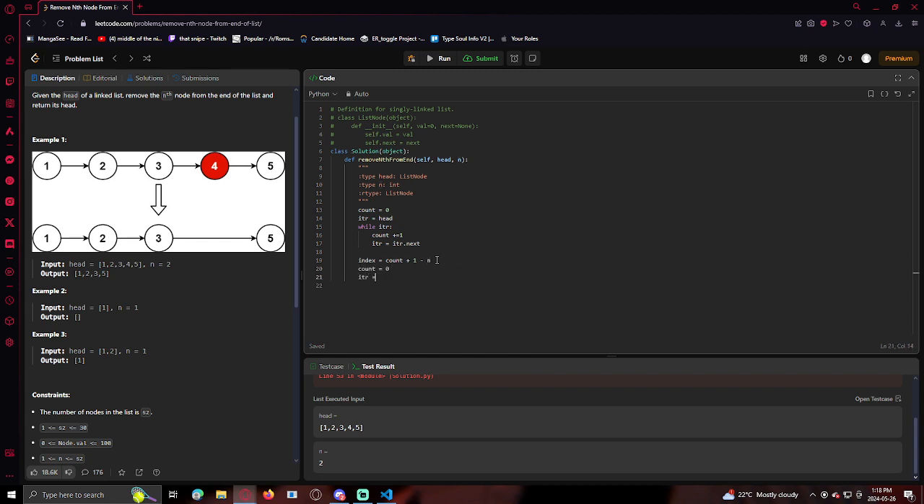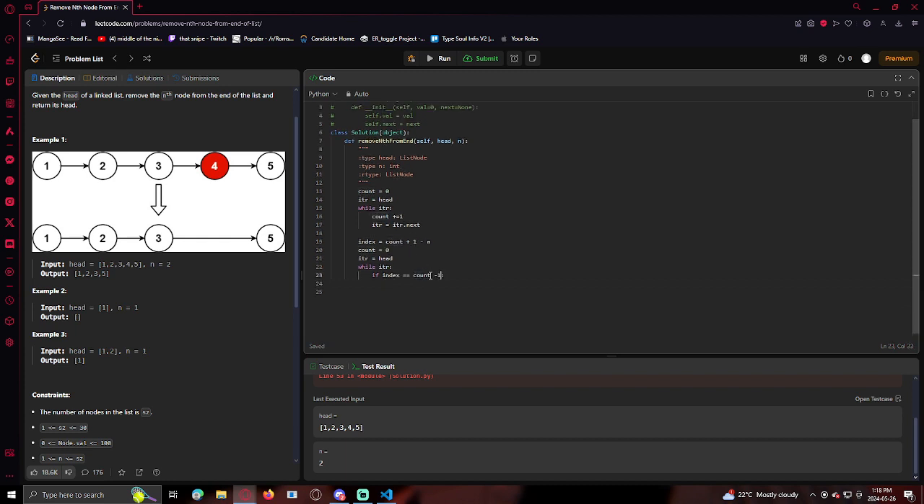and then I go ITR equals head again, so I reset it, and then I'm going to say while ITR, if index equals count, no, equals count minus 1. No, so we'll remove this plus 1 right here, because we want it to be 2 lower. We want it to be the index before the one we're removing. Okay,